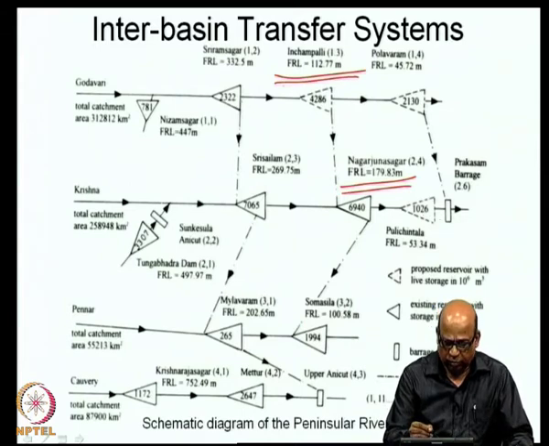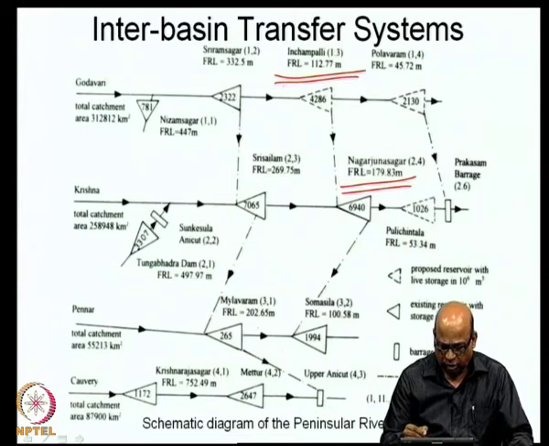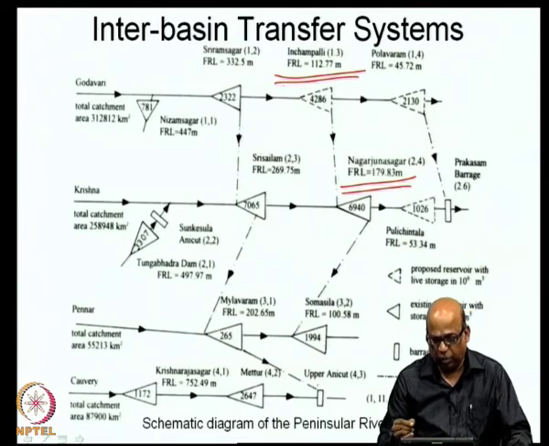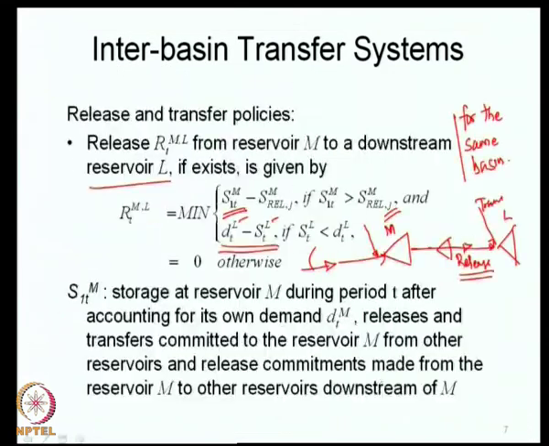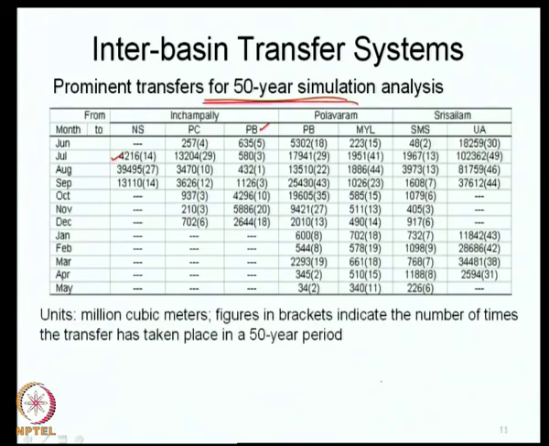Similarly, when you are from Sriram Sagar, you can come to Srishailam, then to Mailavaram, then to Somachila. So, the transfer, if you have excess water here, you can take it all the way up to Upper Anicut. So, we can show this as Sriram Sagar through Srishailam to Mailavaram to Upper Anicut. So, that is a way we analyze the system, and these are the numbers that we have got for a